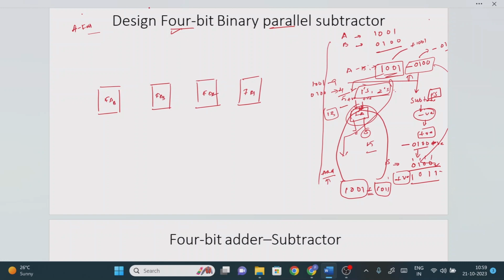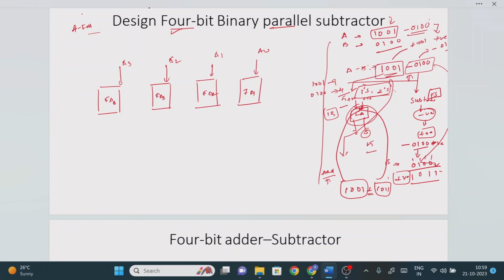Now if you understand, let me consider one more time. So this is the A bit value, right? What is the B bit value? Minus 0100, right? This is always a positive number, right? So I am going to write A0, A1, A2, A3, right? Second full adder, third full adder, then one more, the fourth full adder, right? Now if you observe here, what is the B bit value? A negative number, right? So a negative number we cannot directly add into the full adder, right? So the first step, we need to convert this into a positive number, right? By using which method? Either the 1's complement method or the 2's complement method, right?